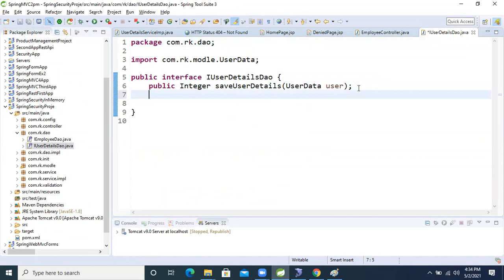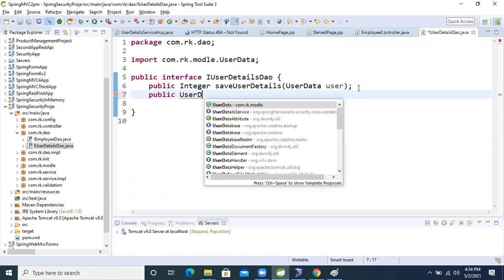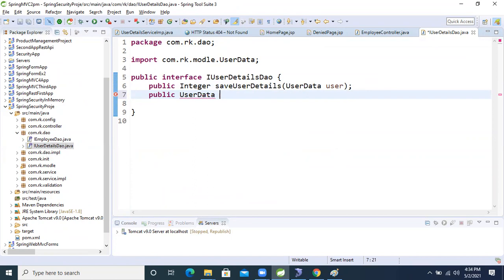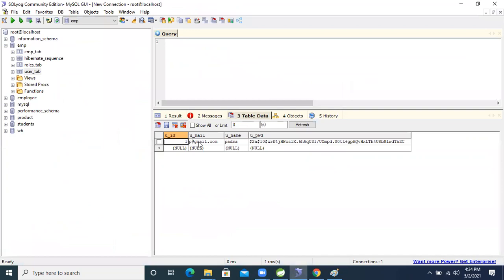I'm taking public User detail, get user by email. I want the user, and based on that I want to select this user based on their user id.